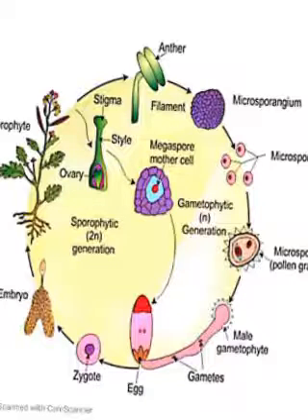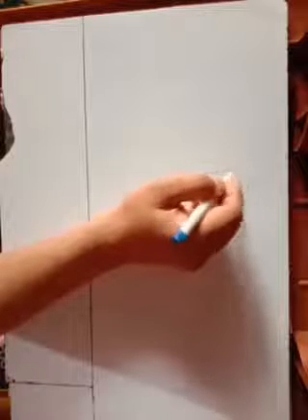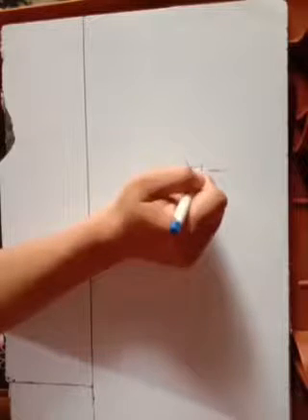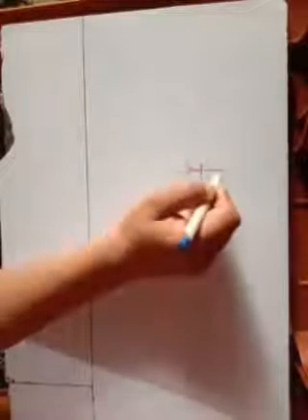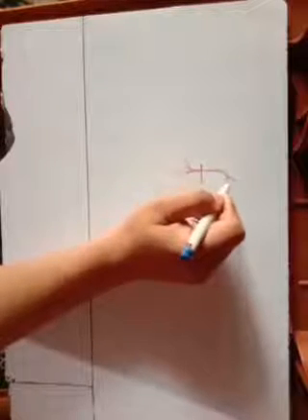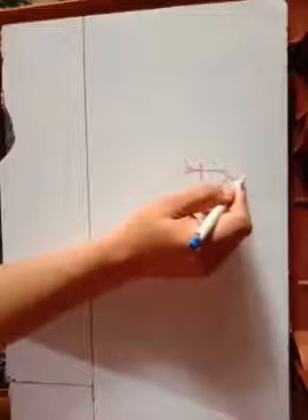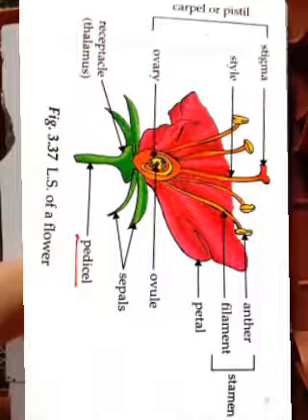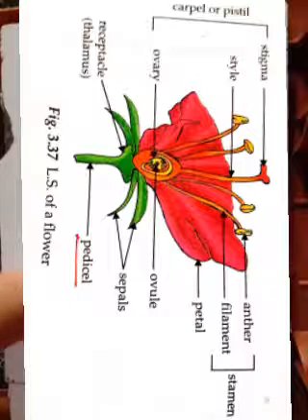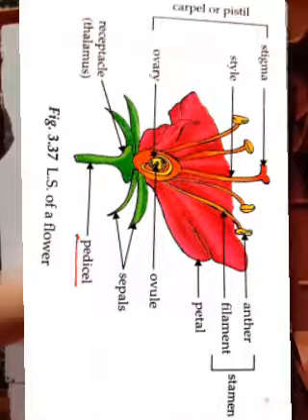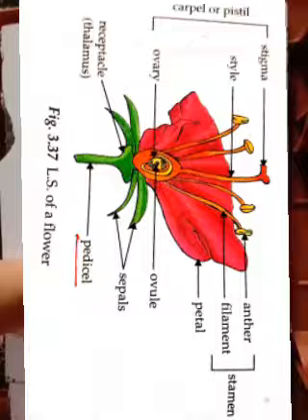And in this, first of all, we are going to see a plant. I am going to draw a plant, and what is seen in this is the root, and above that we find branches, leaves, and the flower. So this flower is what? Flower is the reproductive organ or reproductive part.